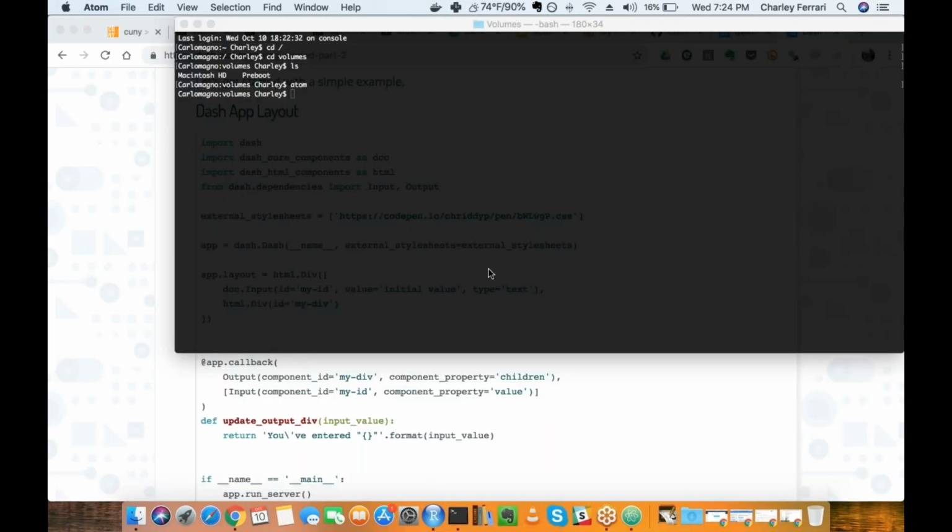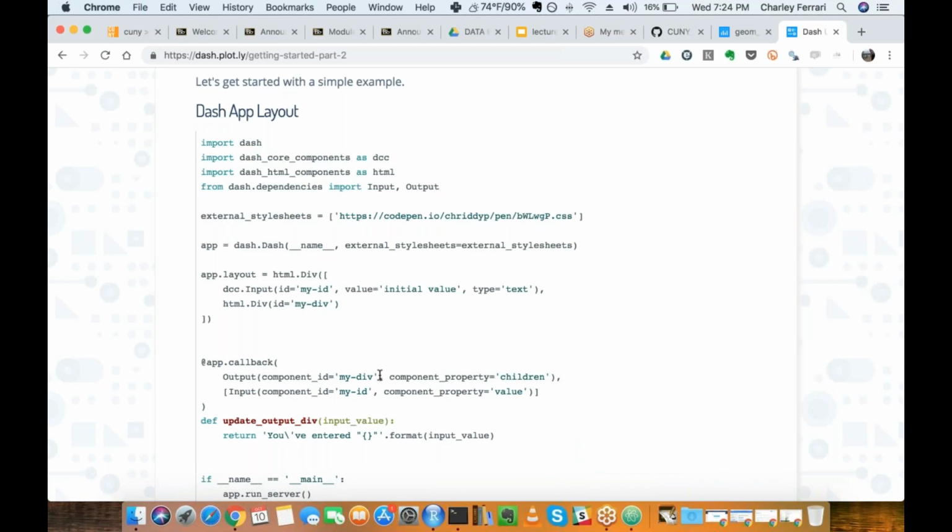So that's what's happening with callbacks. And so what's happening here is, you have a few arguments aside from the function. So in addition to the function, you have this output and input. One thing to note, input is always a list. So you could have multiple inputs. That's really how you get more sophisticated interactions with Dash. And even if you're including one input, you need to include it as a list. And this is pretty much this callback.